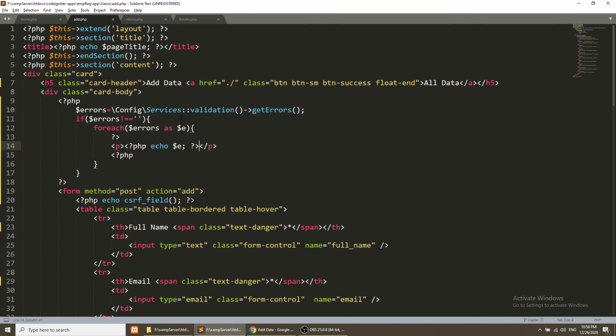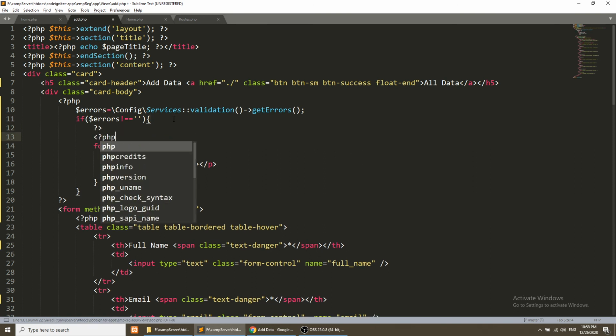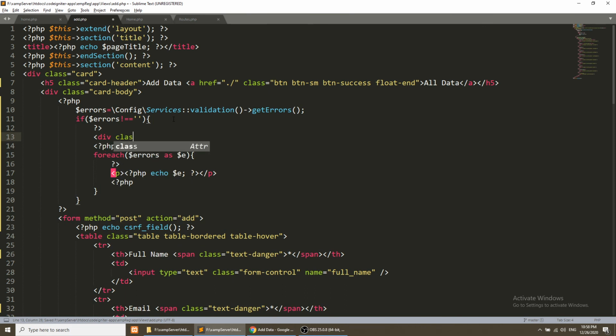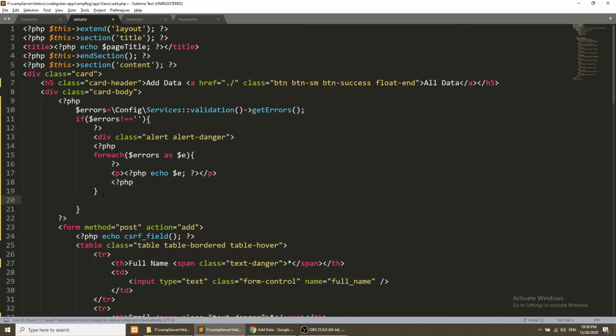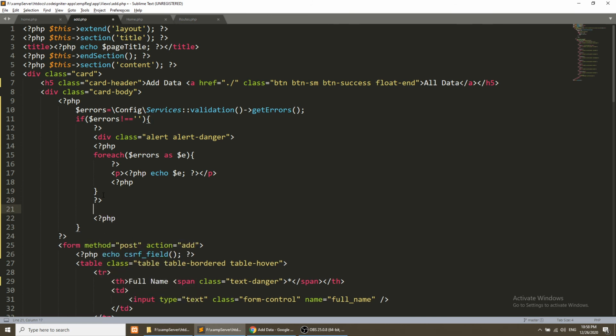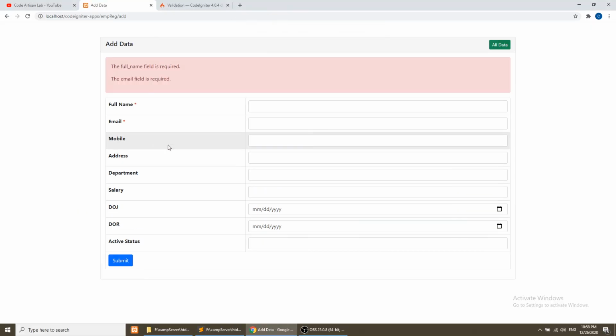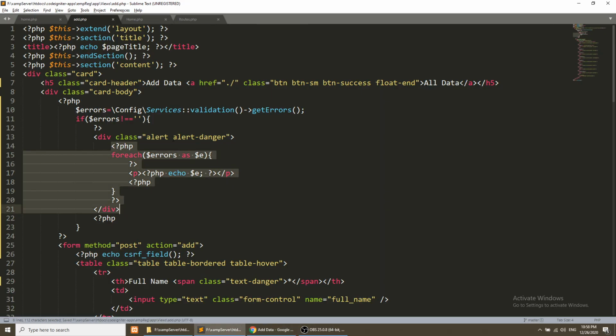Now let's add Bootstrap styling, like alert, and this will be alert danger, and so this kind of thing. And if you refresh this, then it will show the form errors like this. Okay, it's your choice how you want to show the errors.